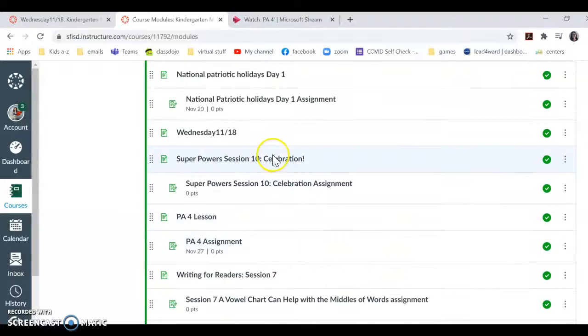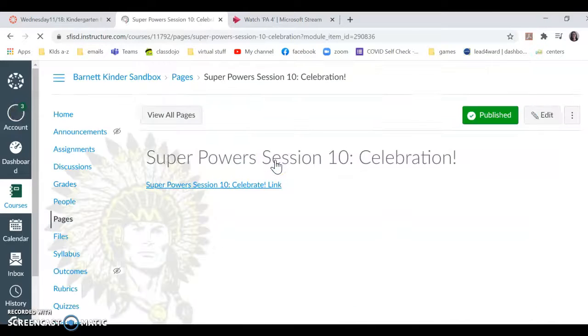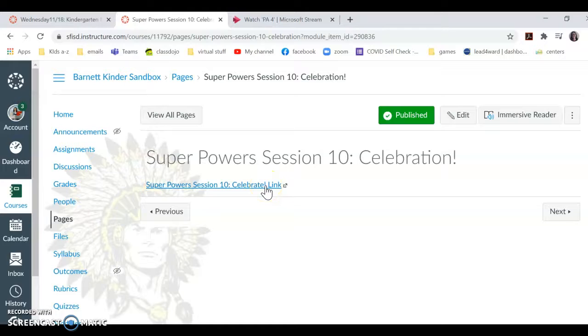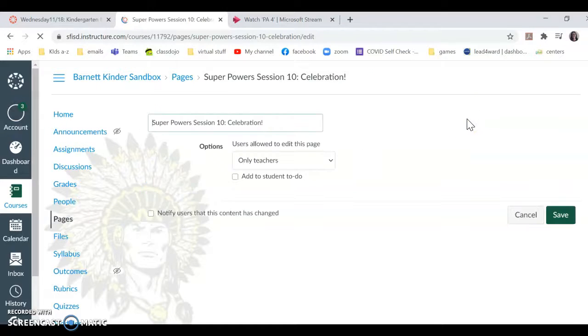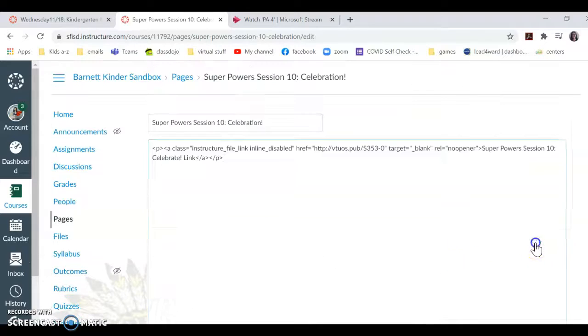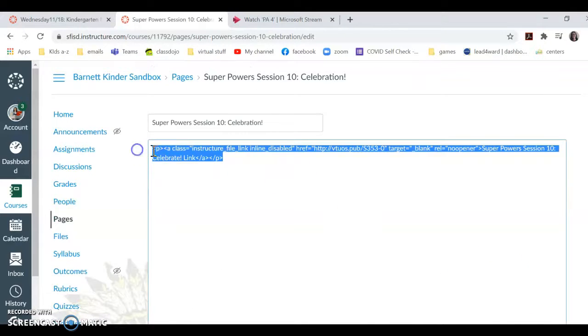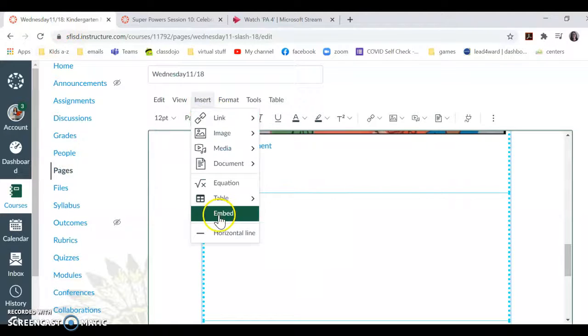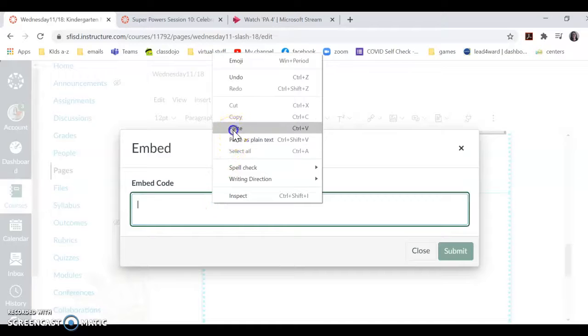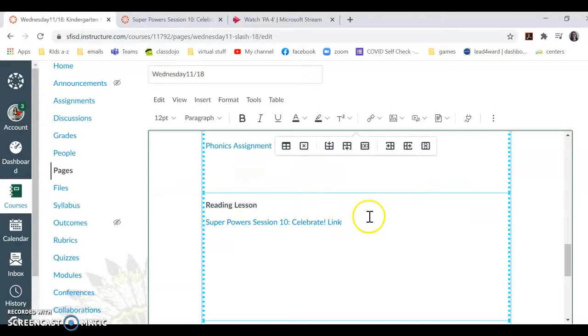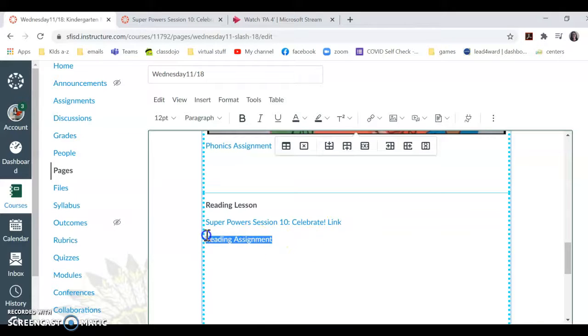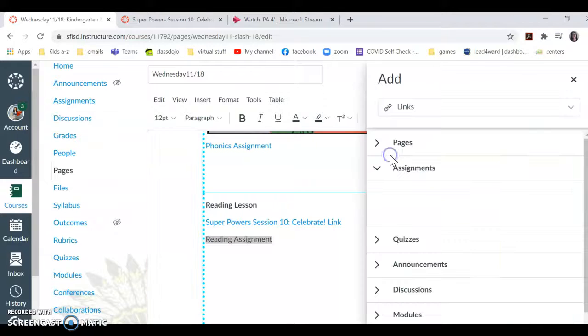Reading is Superpowers. So click on Superpowers. Now, when you click on this link, it's going to take you to the Lucy Calkins. So just hit edit, click on the greater than less than sign, grab the embed code, copy it, go back, insert, embed, paste, and it'll paste the hyperlink that you need. And then type in reading assignment, highlight it, go back to link, course,